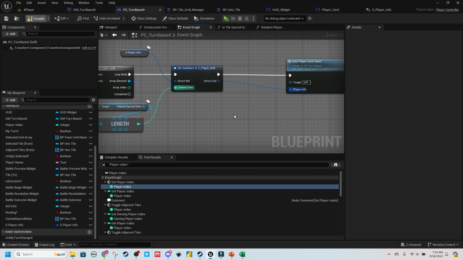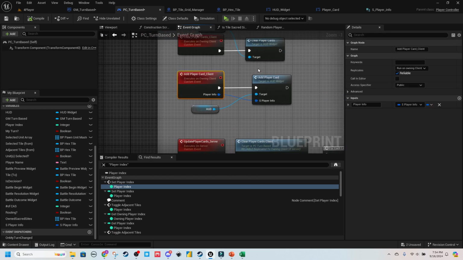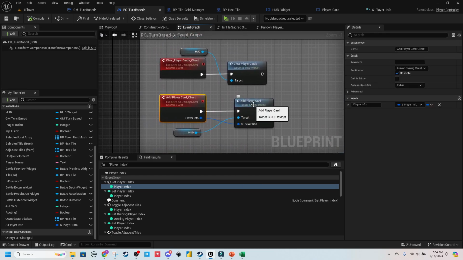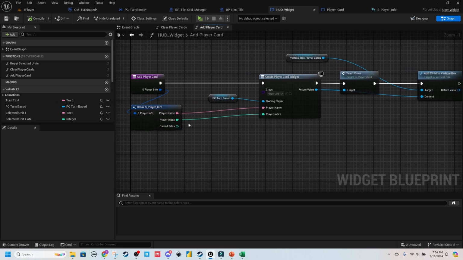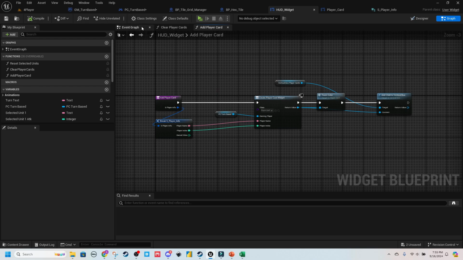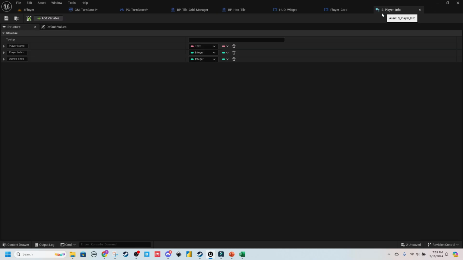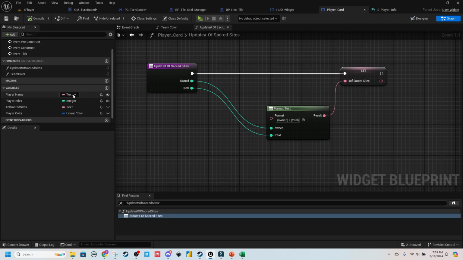Okay. And then what we might need to change, let's see, add player card. So then when this player card is created, I think what we should change in here,